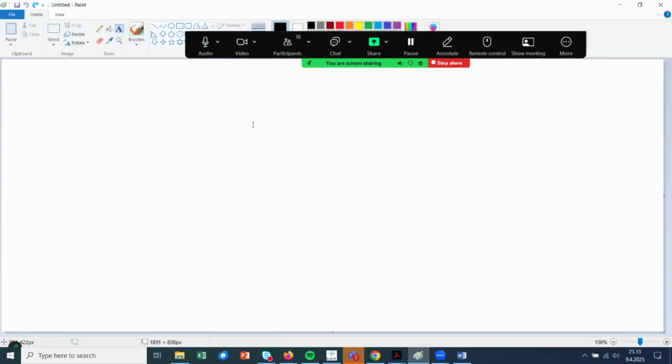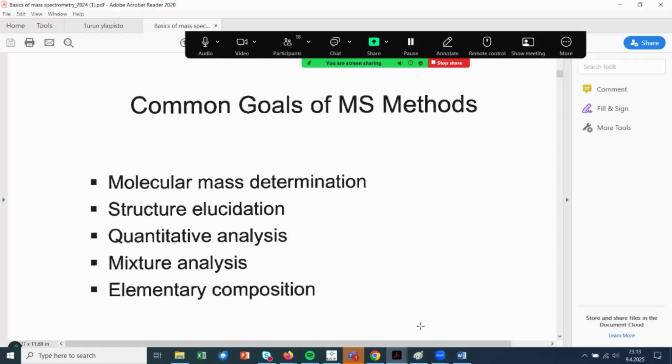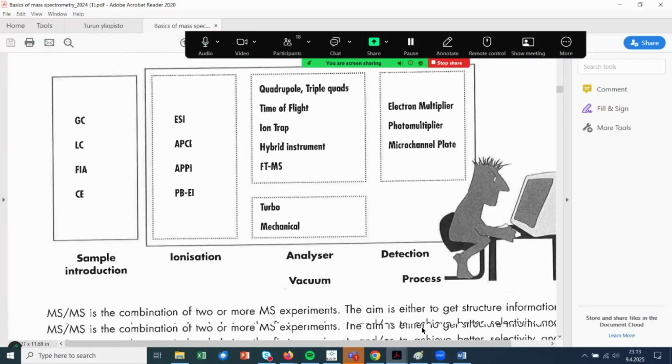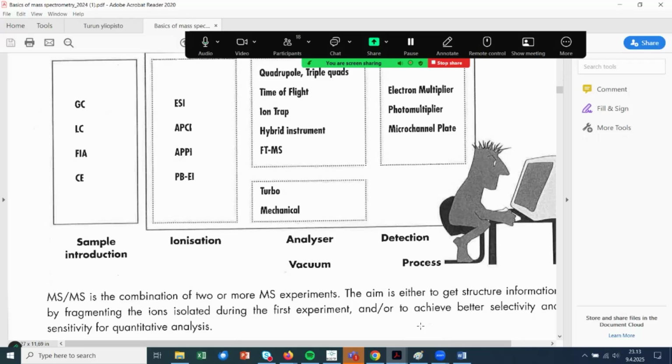Okay, so let's take a look here. I have a lot of text in my material, which you can read at home. I'm not going to go through all of that in detail,